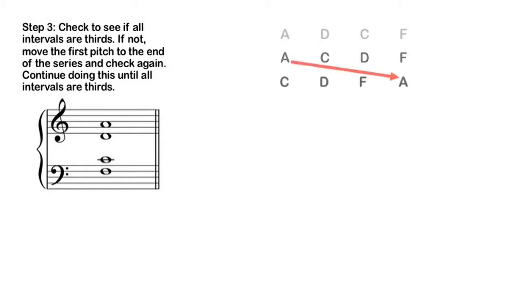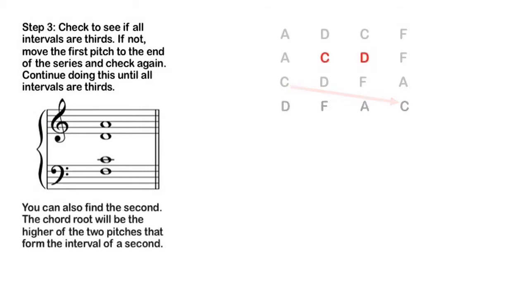So if I take my first pitch and move it to the end, I can then check again and see if I have all thirds. In this case, I do. There's a shortcut for doing this. You'll notice that when I first started, I didn't have all thirds. I had a second in my spelling of this chord. The chord root is always going to be the higher letter name where that